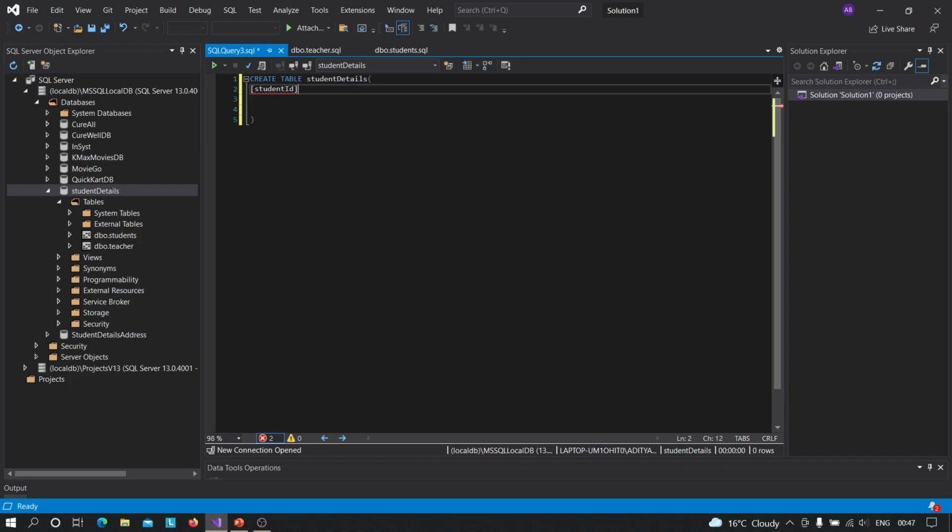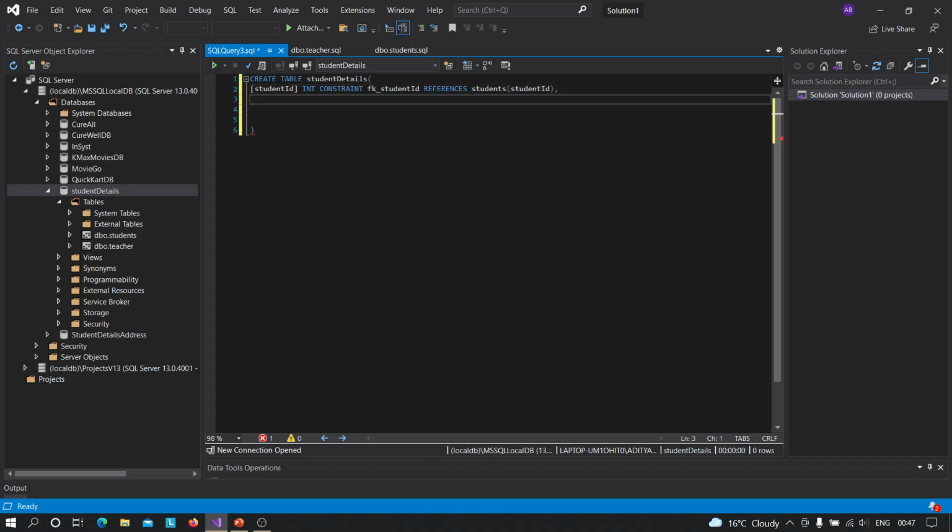See, the thing is that even if you have multiple tables having the same column name, you can take a reference from a main table where all the major details are stored, so it will be easy for you as you don't have to create a primary key every time. So I will create it as a primary key here. Sorry, not as a primary key, my bad, as a foreign key here. Foreign key references students, the table should be matched, and then student ID.